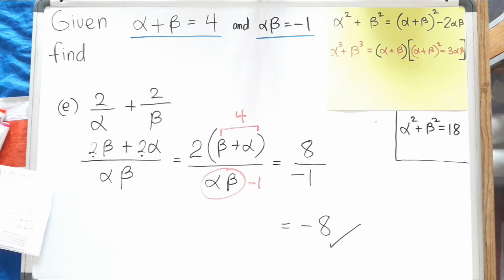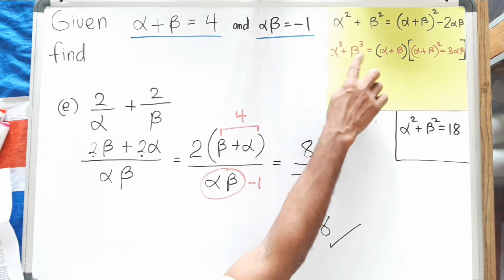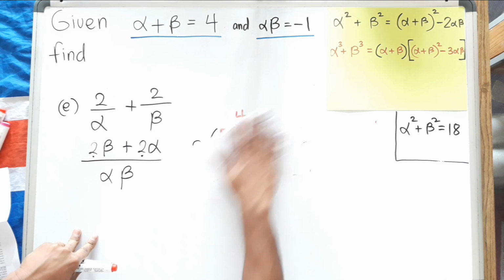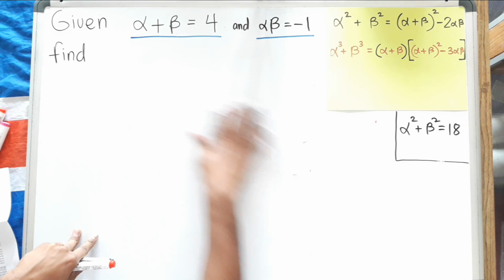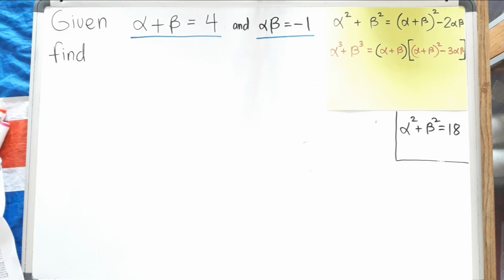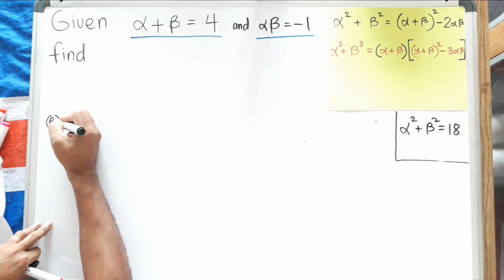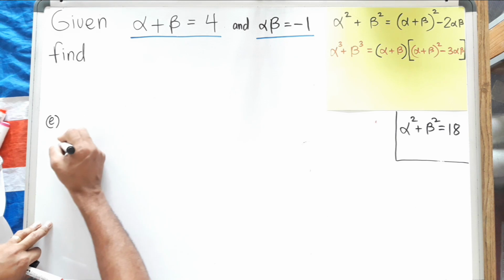Any more here? Nope. I think that's all the examples I had lined up. Well, actually, we could try this one here. I can show you how to find alpha cube plus beta cube. Let's do one just in case it comes in the exam. It looks a little complicated. It's long, but believe me, it's not complicated. I think this is E or F, I can't remember now. Let's say the